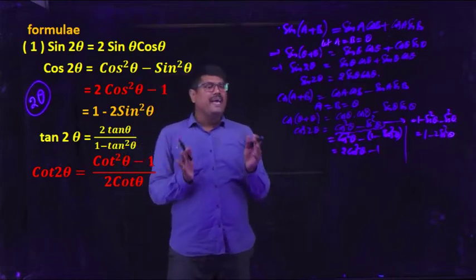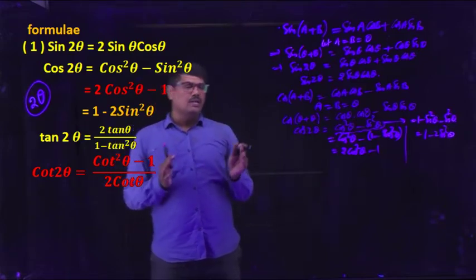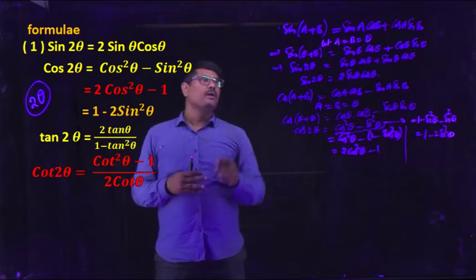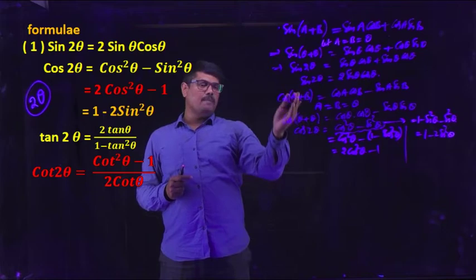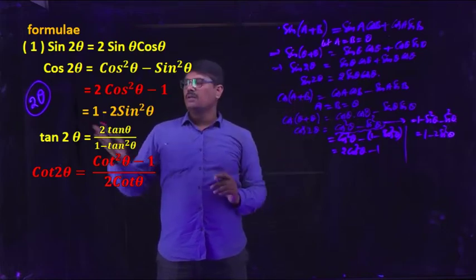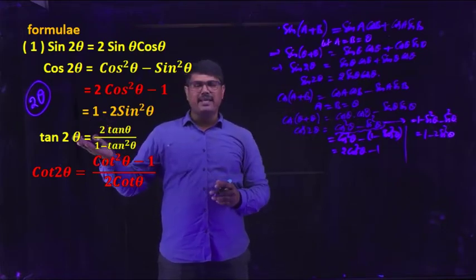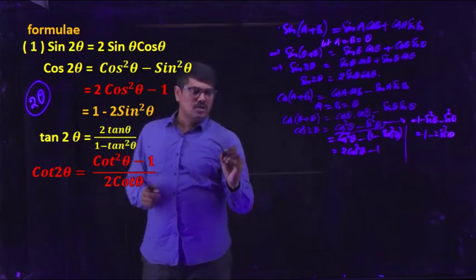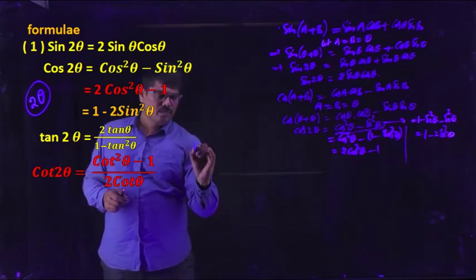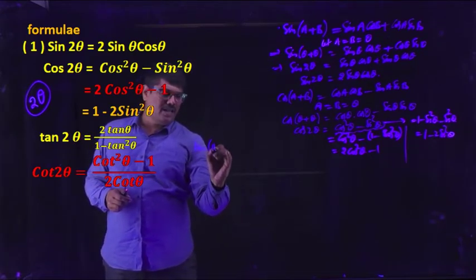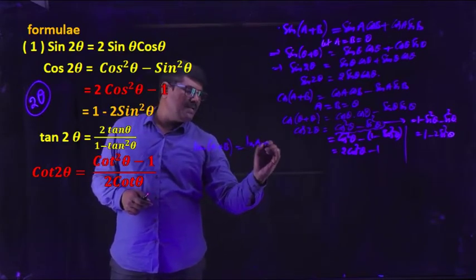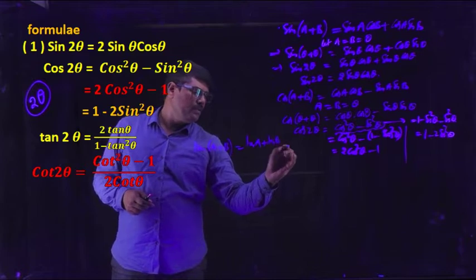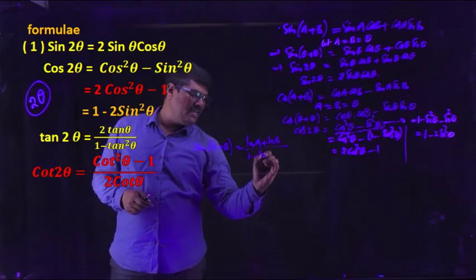Similarly, you may get an idea how the angle 2θ occurs here. Taking sin(A+B), you will get sin 2θ. Taking cos(A+B), you will get cos 2θ. So you may have got an idea how tan 2θ comes. Observe here: again you have the formula tan(A+B), which is (tan A plus tan B) by (1 minus tan A tan B).